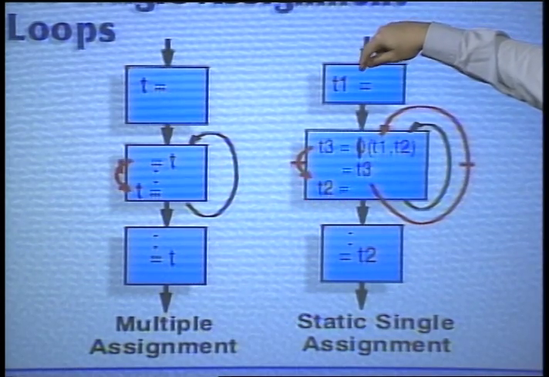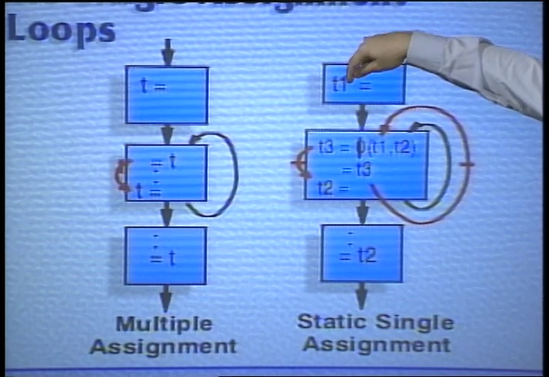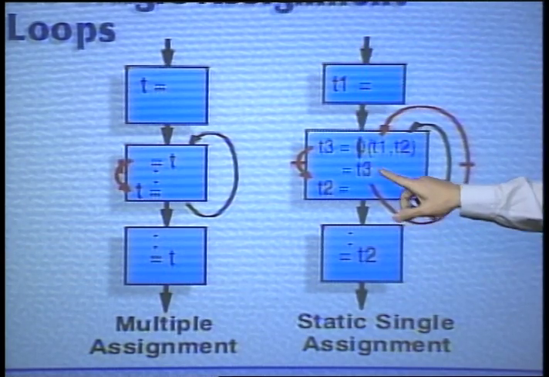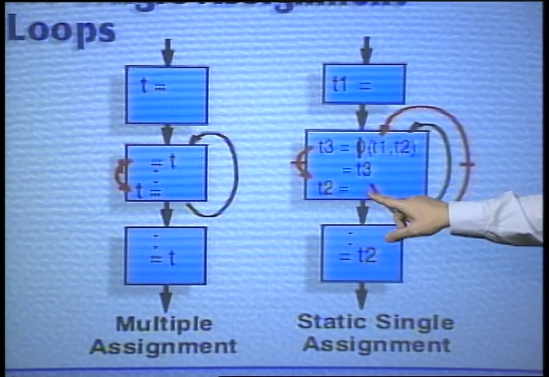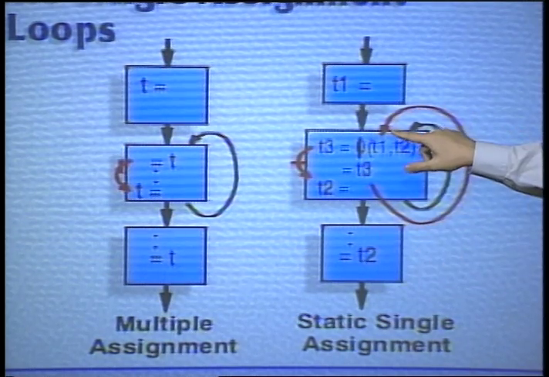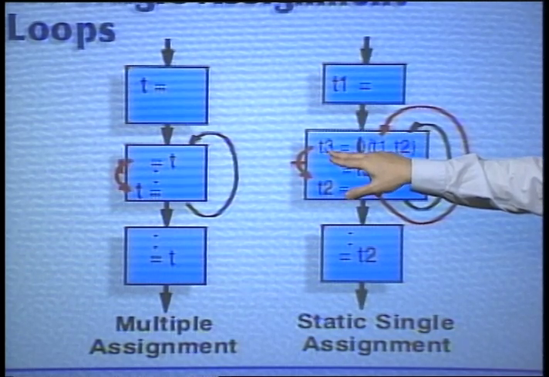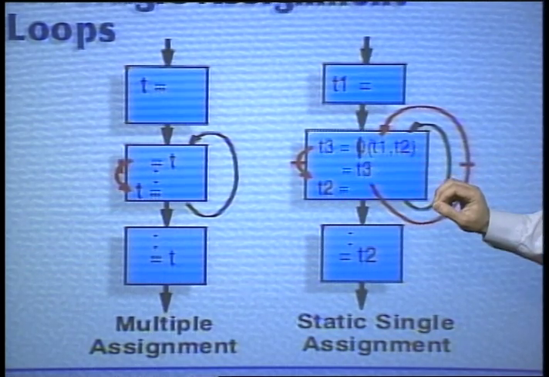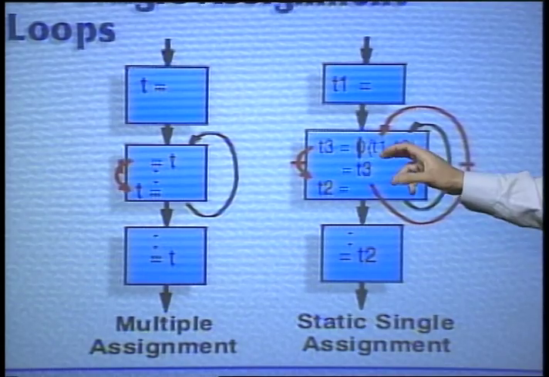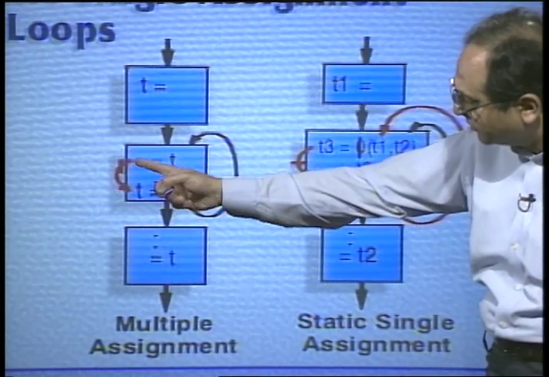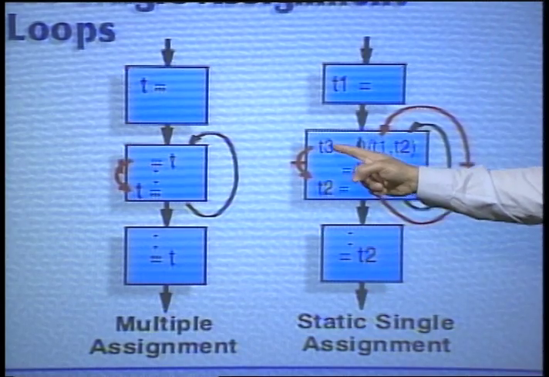So one definition that reaches it is T1, and the other definition that reaches it is T2 from the previous iteration. And these two can be combined, renamed as T3, and that is what we will use out here. As a result of this, we have in fact got rid of this antidependence, but we end up introducing two